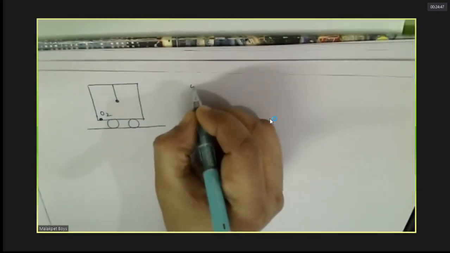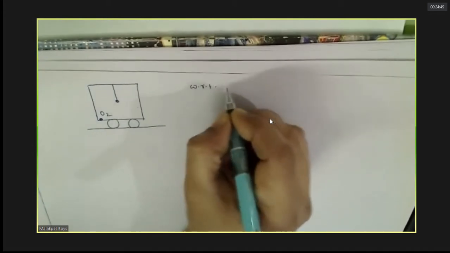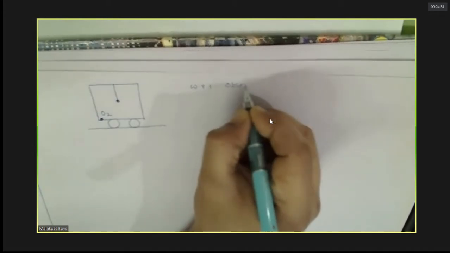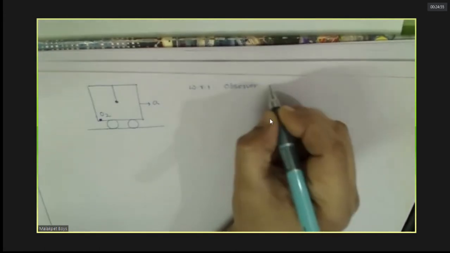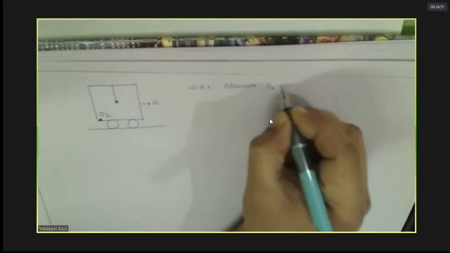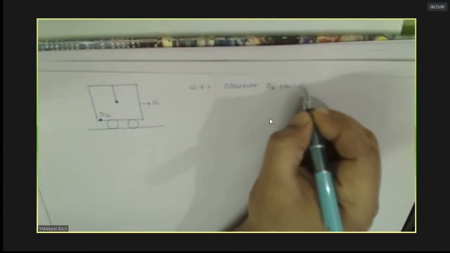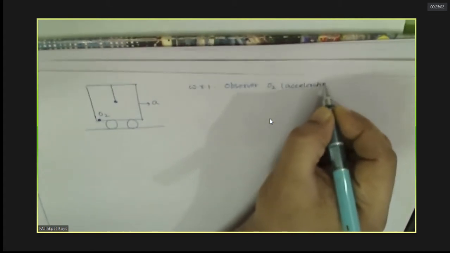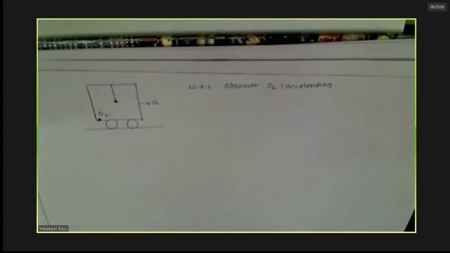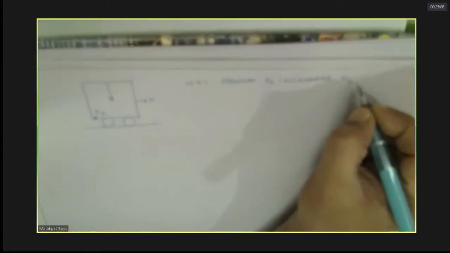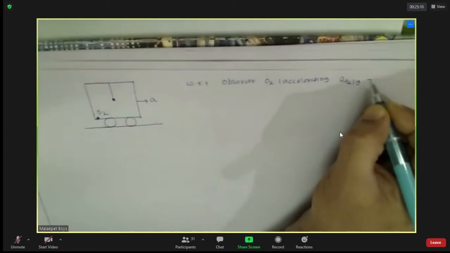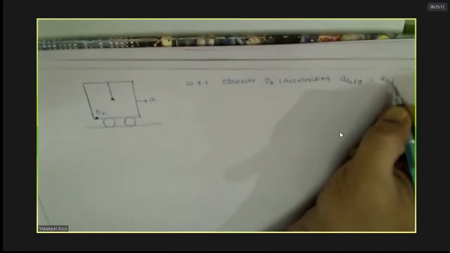Now let us solve with respect to O2. The acceleration of O2 with respect to ground is nothing but the acceleration of O2 with respect to O1,